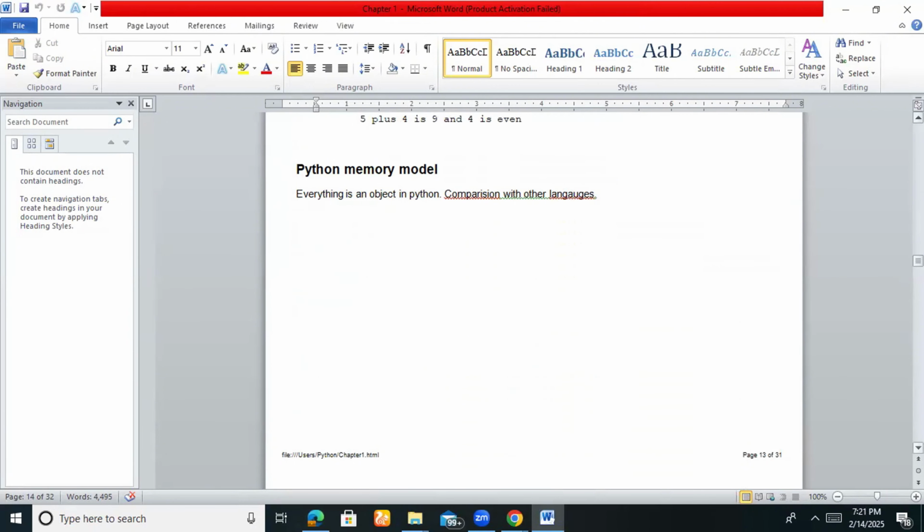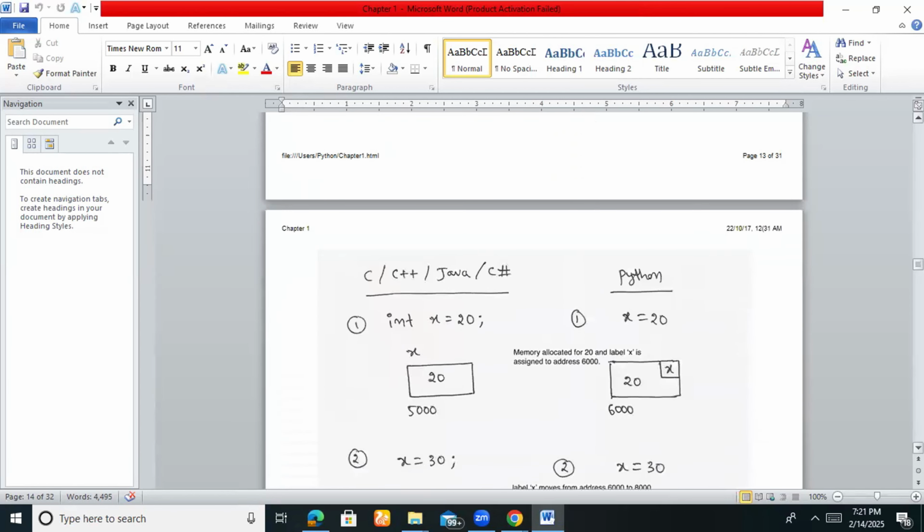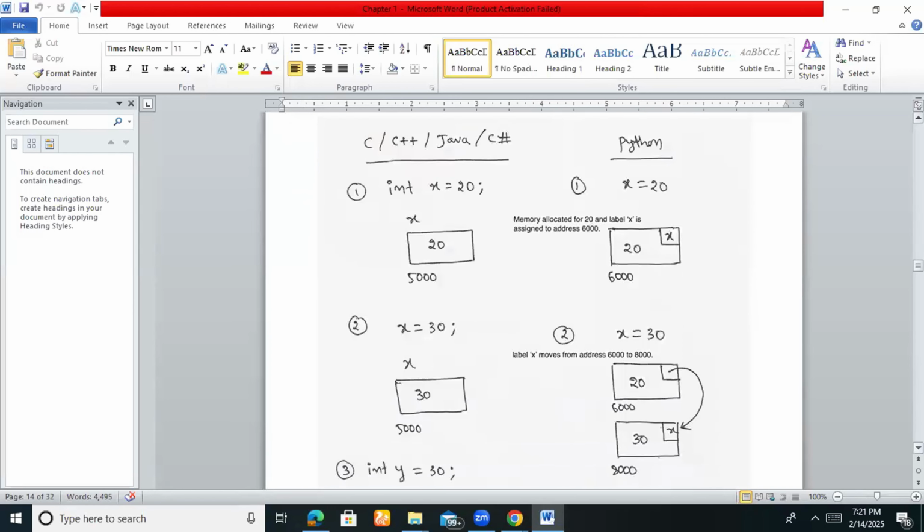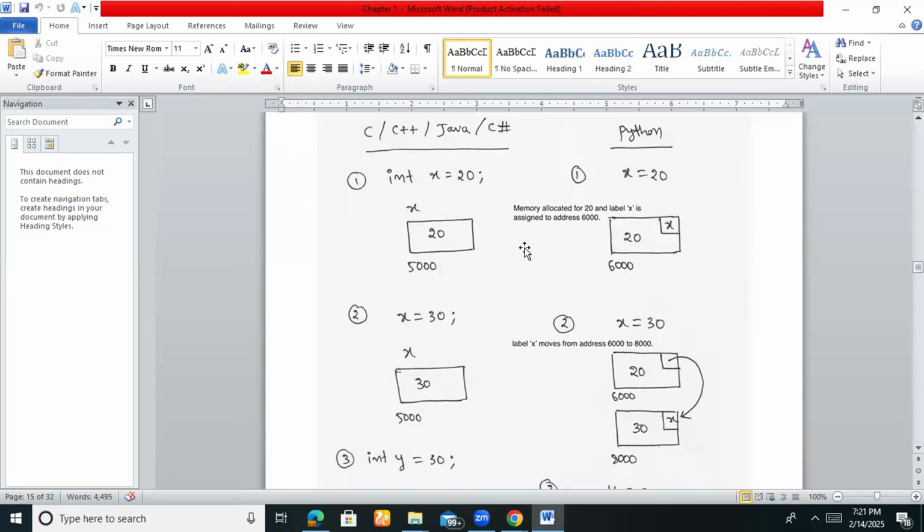Python memory model. Everything is an object in Python, in comparison to other languages, right? So what they're telling you is that everything is considered an object. This is some kind of memory concept. I told you guys, in Python, directly we started with x equal to 10, y equal to